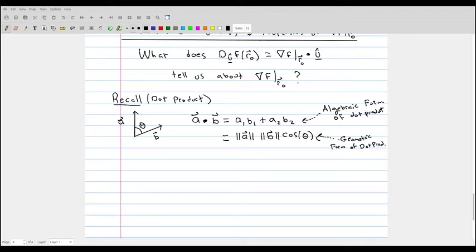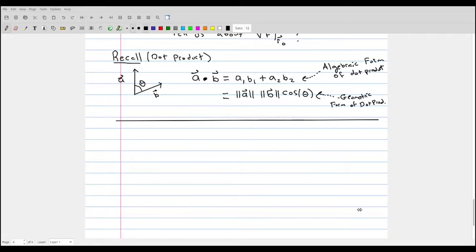So this is very, very important. It's important for a lot of different reasons, but specifically for us, we can directly apply this to the directional derivative. Instead of using the algebraic form of the dot product, we can use the geometric form of the dot product. And what we get when we apply that directly to our formula for the directional derivative is that the directional derivative of a function in the direction u hat